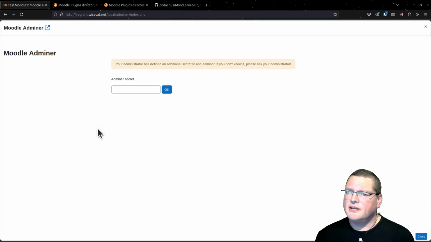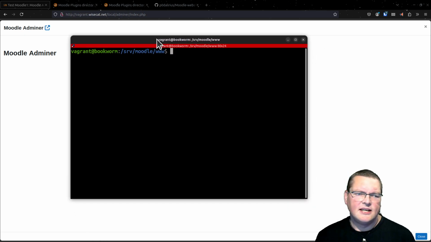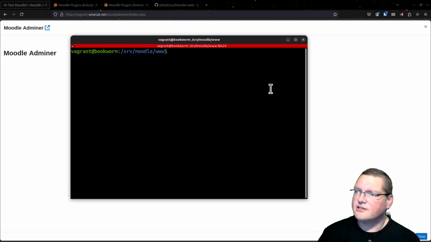Anyway, I'll pop that open, and you can see that I have an admin secret set for this server. Now, I definitely would recommend, if you're going to run it, you should definitely have this in your config.php. This is one of the security protections that you should have. And I'll show you in a few minutes how this can actually be gotten rid of with WebShell. But if I go nano config.php,